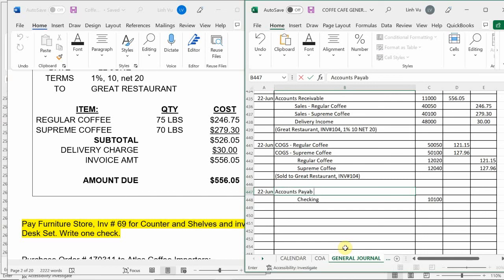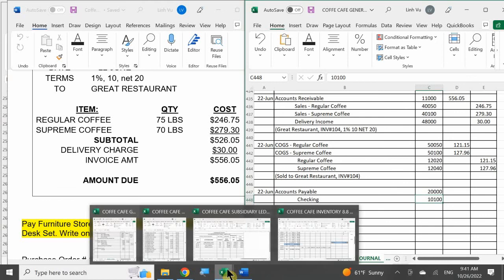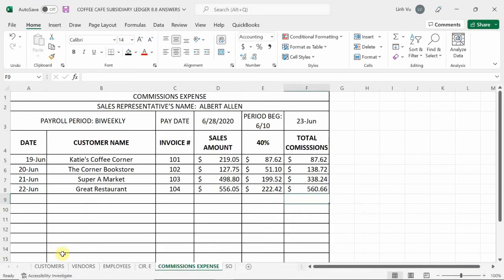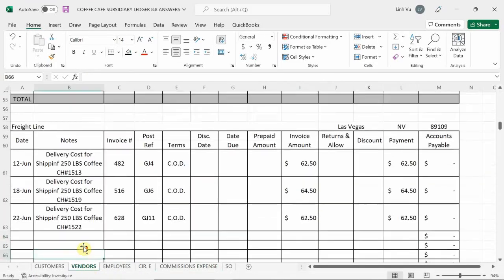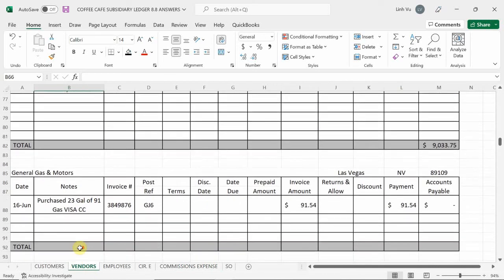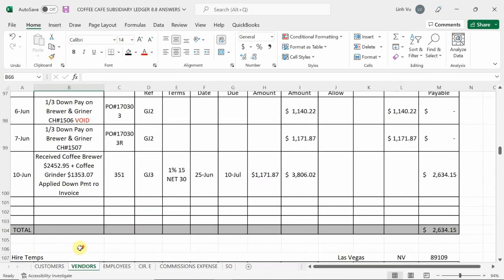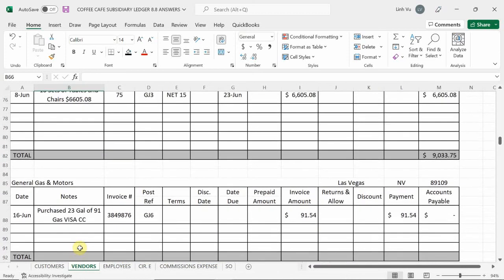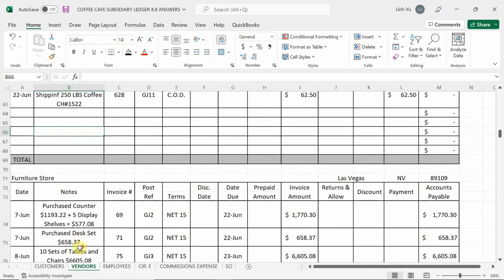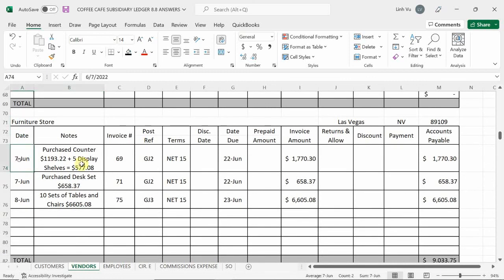Now, how much do we know that we owe? How much do I owe? Okay, we have to go to the vendors list, vendors list, subsidiary ledger. Excellent. So we're paying invoice 69 and 71. So vendors list, furniture store. Okay, here's furniture store. We're going to pay